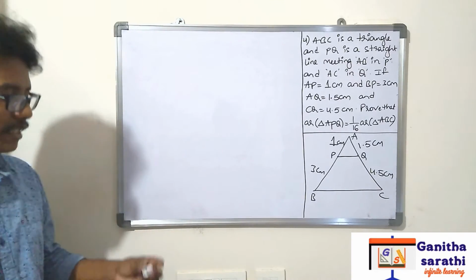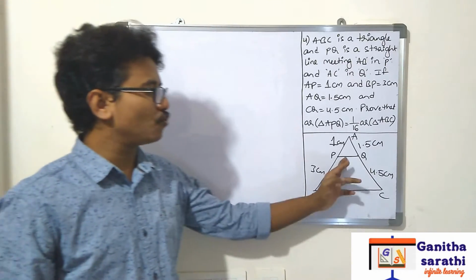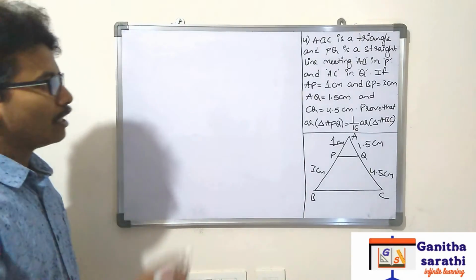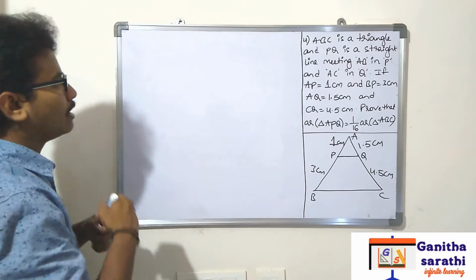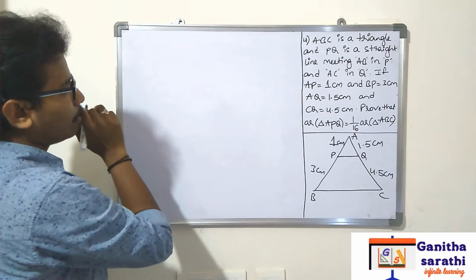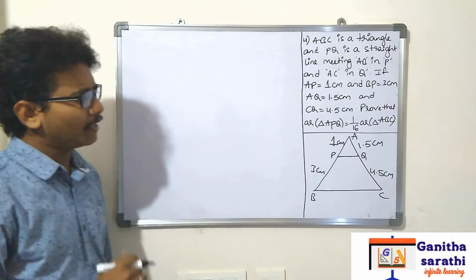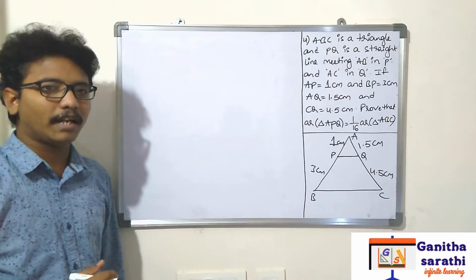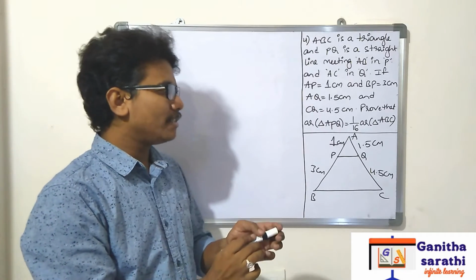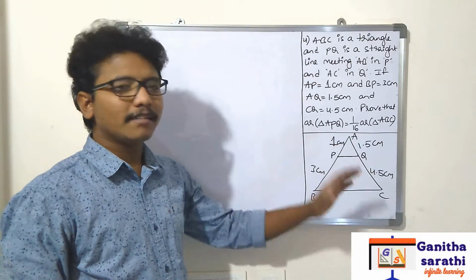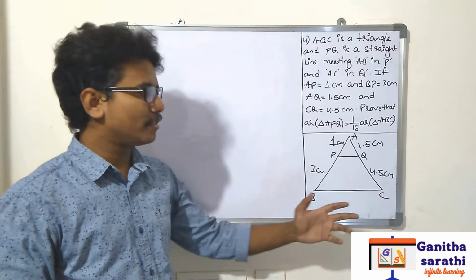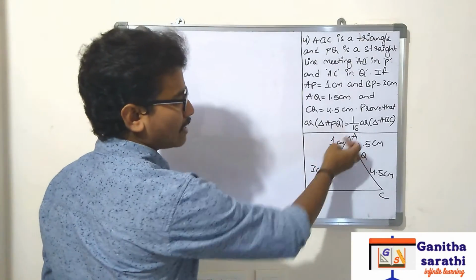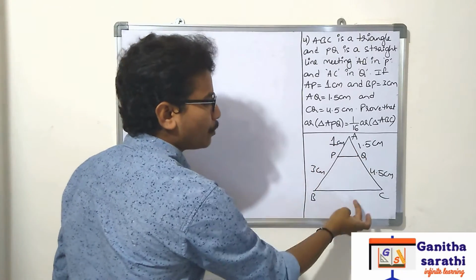Right? Now see here. First we have to prove that these two are parallel. Then only we can take the similarity easily. Okay. Now the given information is that. Now see the problem. I am doing this by using the converse of the basic proportionality theorem. What is the converse of the basic proportionality theorem? If two sides are divided in the same ratio, then the line is parallel to the third side, right? That is the converse of the basic proportionality theorem. So if a line divides two sides in the same ratio, then the line is parallel to the third side.